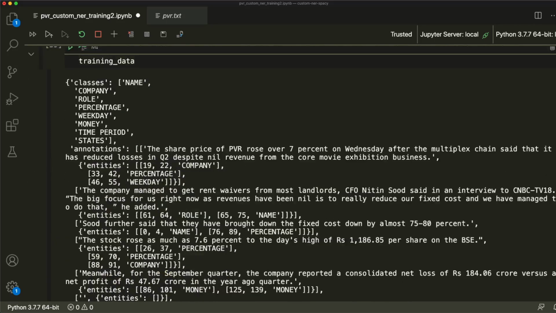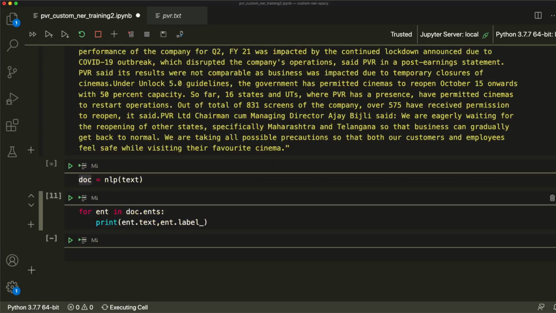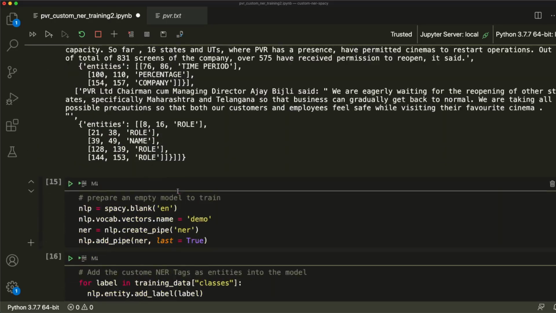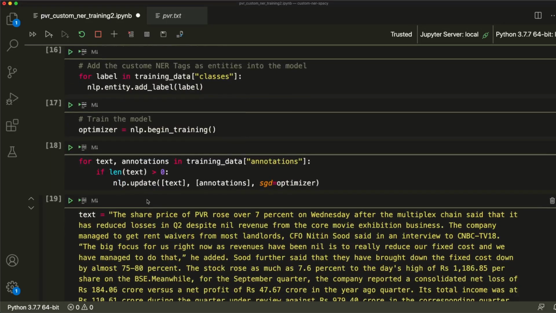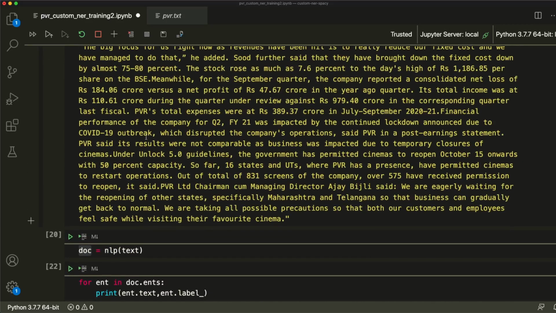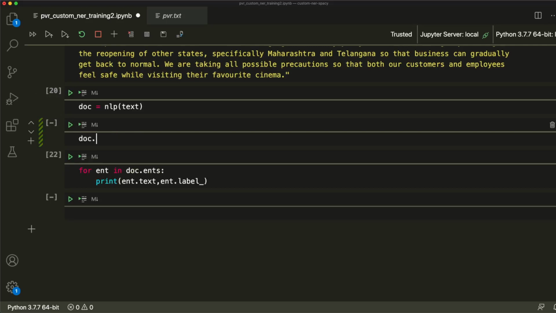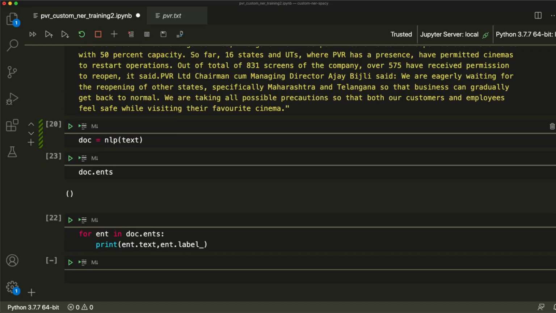That is weird. Why is it not printing? It's probably because I didn't load all of this. Let me run everything quickly, and when I print, it is not printed. That is weird. I have an English language model, I have an optimizer, I have updated the model, and I have doc.ents. Now let me go one step ahead and print doc.ents. It is empty, which is slightly shocking.